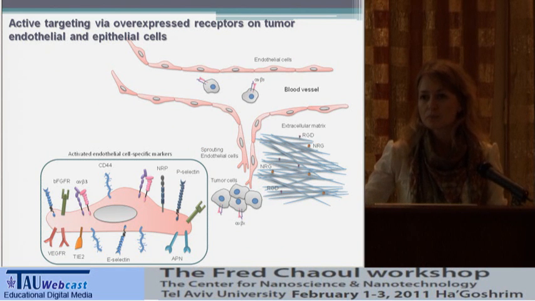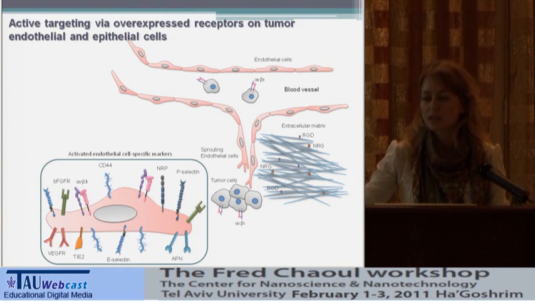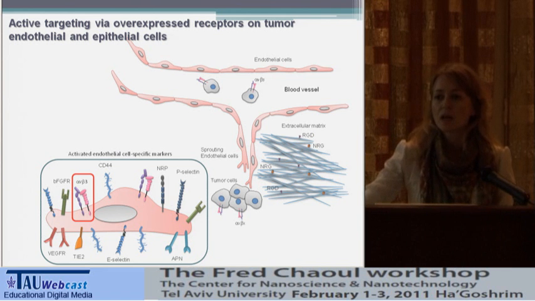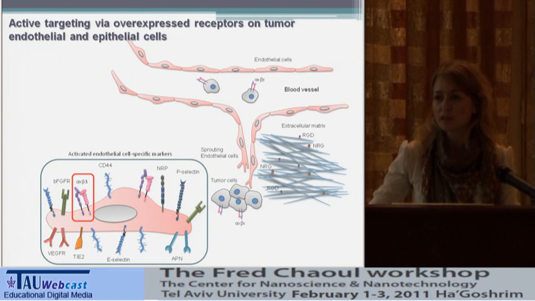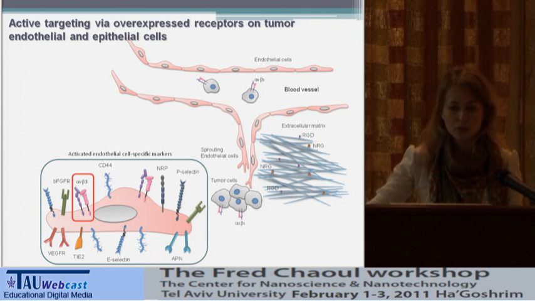Angiogenic blood vessels express unique molecular markers that are not expressed on normal blood vessels. One of these molecular markers is the alpha V beta 3 integrin, which is an adhesion molecule, and is overexpressed on proliferating vascular endothelial cells, but not on quiescent endothelial cells lining mature vasculature. Alpha V beta 3 integrin is also overexpressed in some tumor cells, which makes it an attractive target for anti-tumor